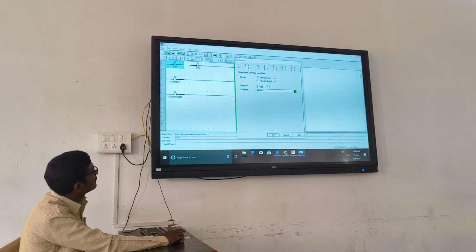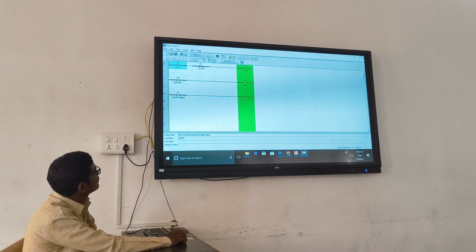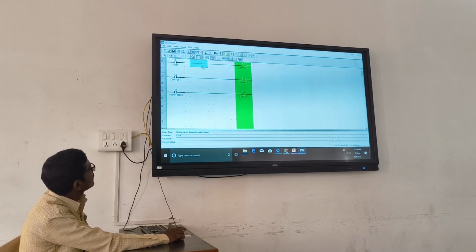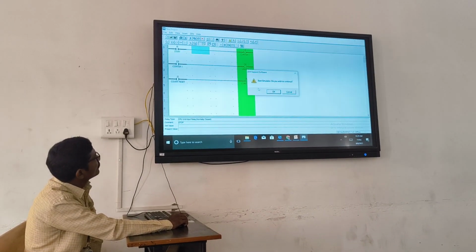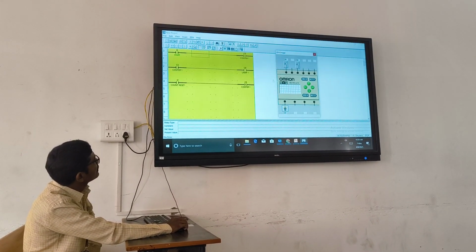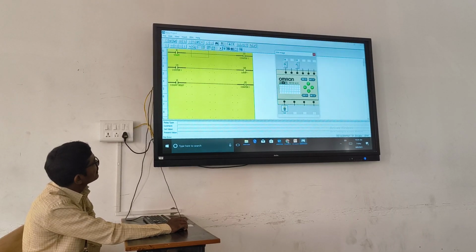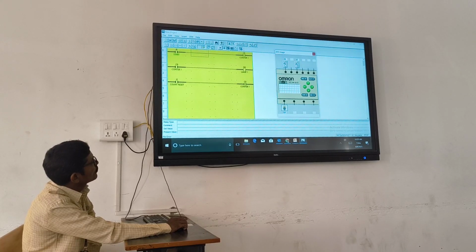Start push button. That is for the count purpose, we are using the start push button.